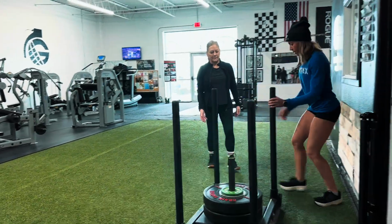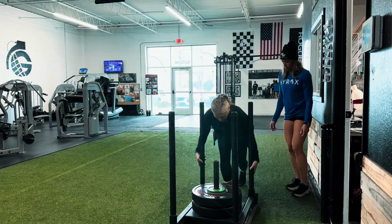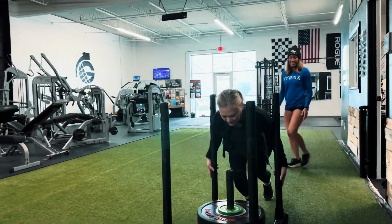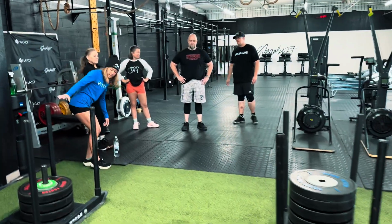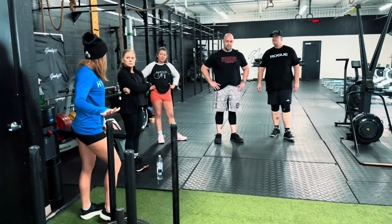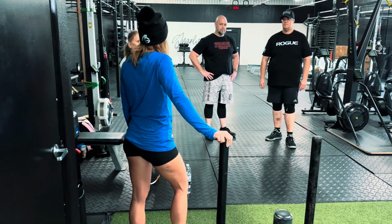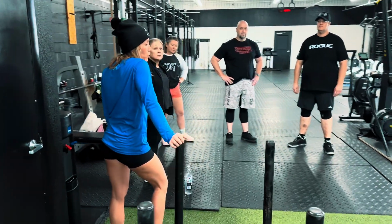So if you want to set up. Yep. There we go. Nice. Awesome. Are you guys okay with this sled weight? Okay. So we're going to keep it heavy. That's the plan. Okay. So then what we'll do is we'll do